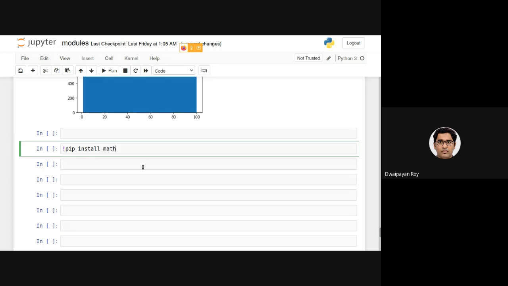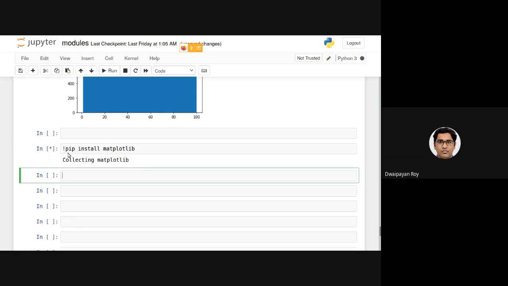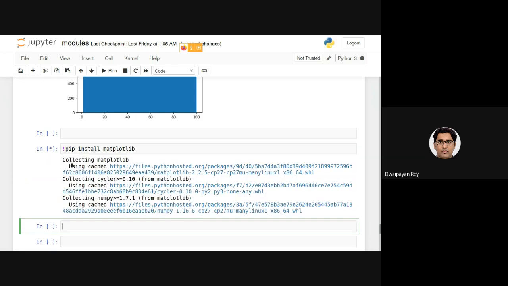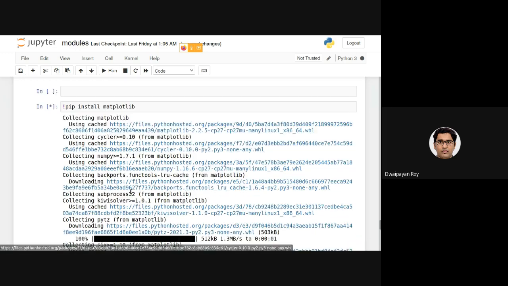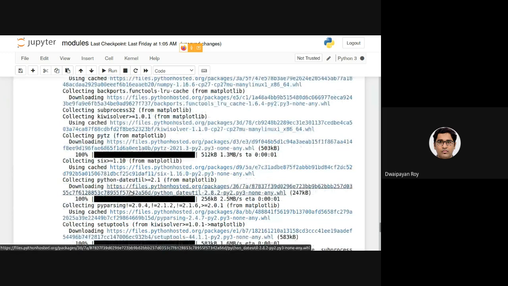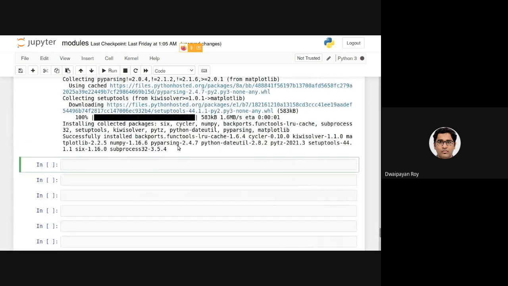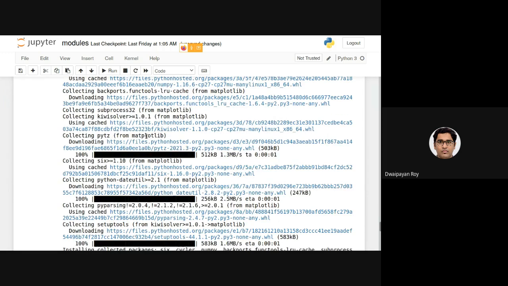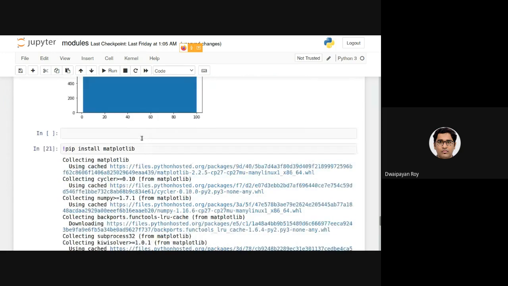Pip install matplotlib. If I execute this, it says collecting matplotlib, and as you can see, the installation has been completed.